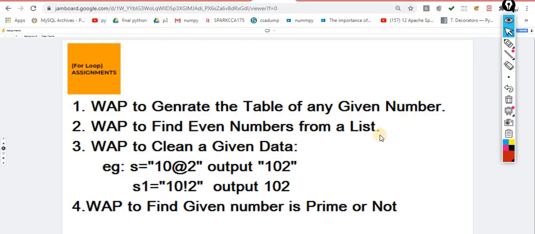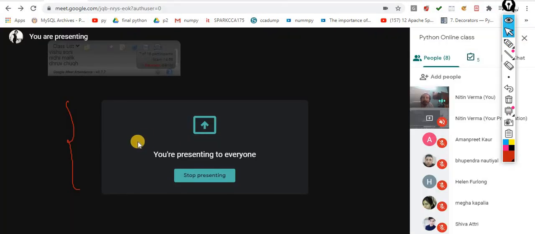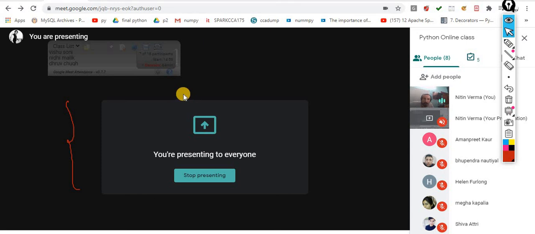Okay, so these are the 4 assignments. The number 1 assignment. Just wait for a second. I am not elaborating it. Just wait with the client. So your team leader will interact. After that, you will discuss the same thing with the team leader. Now the team leader will explain each and everything to you guys.